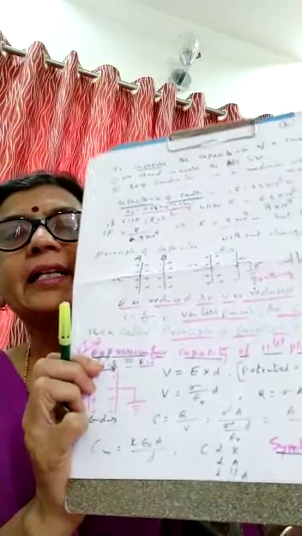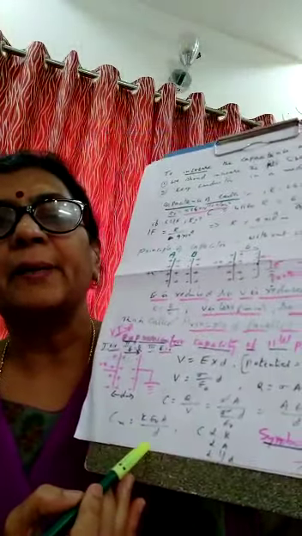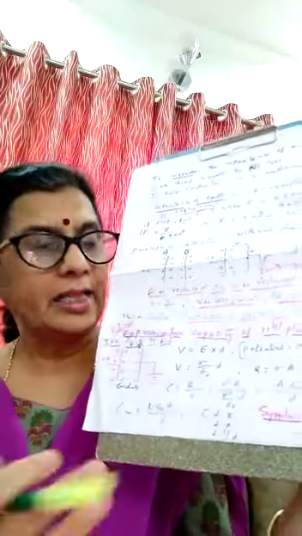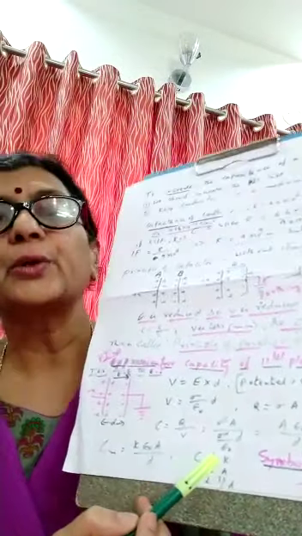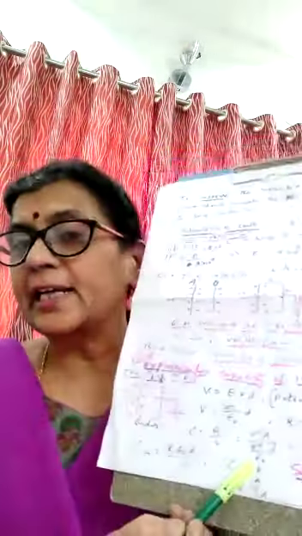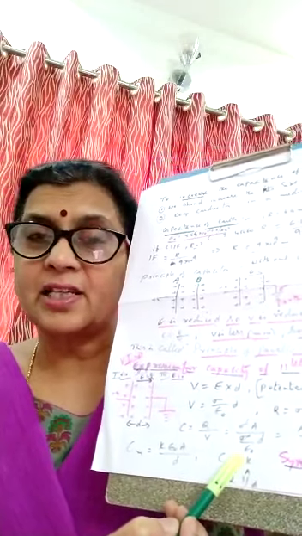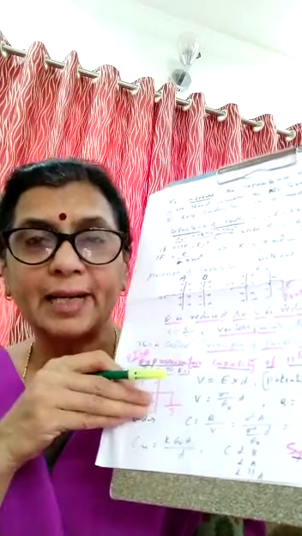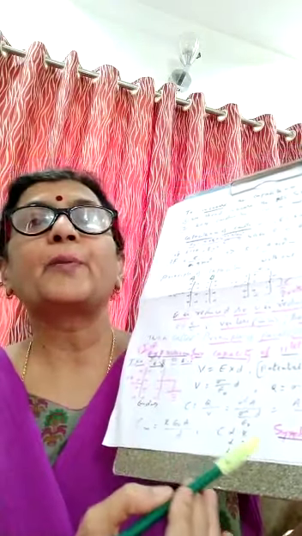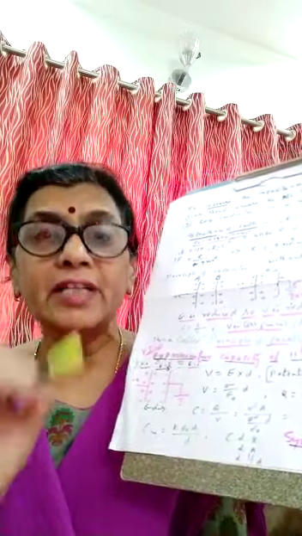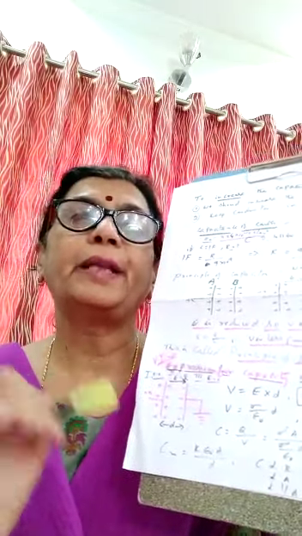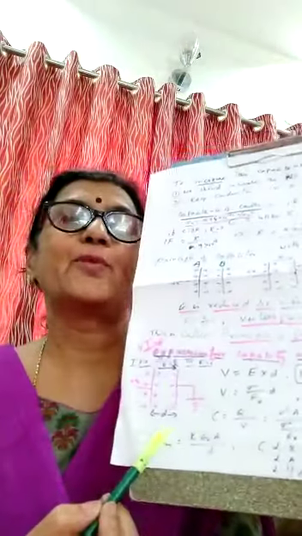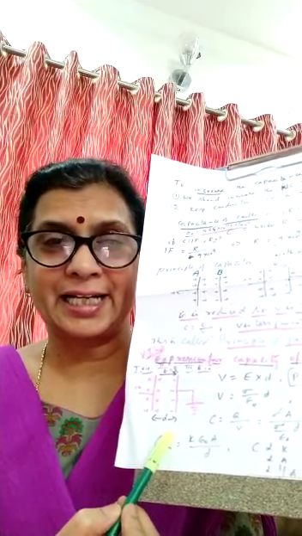On what factors does the capacitance of a parallel plate capacitor depend? There are three factors here, children. Capacitance is directly proportional to K. In place of air, if I take a dielectric medium, we can increase the capacitance of the parallel plate capacitor. The area of the plate also: if it is more, more charge can be accumulated. So it is directly proportional to area, and inversely proportional to the distance between the two plates. If the distance between the two plates is less, we can accumulate more charge, more electrostatic energy.